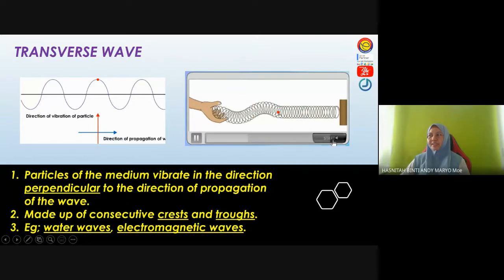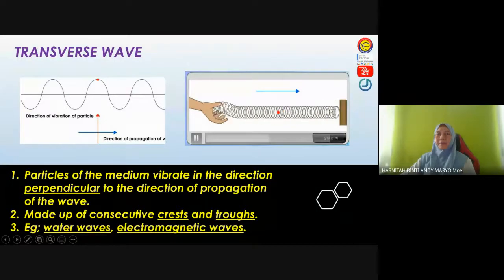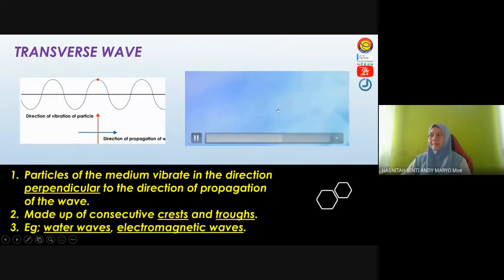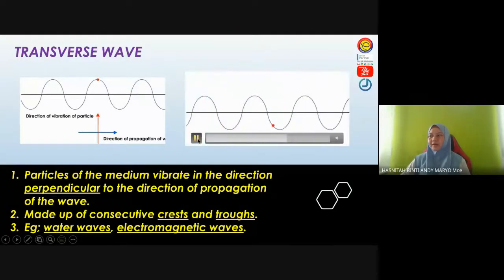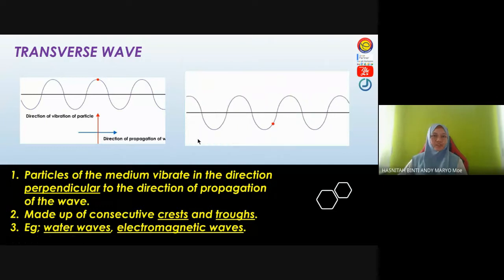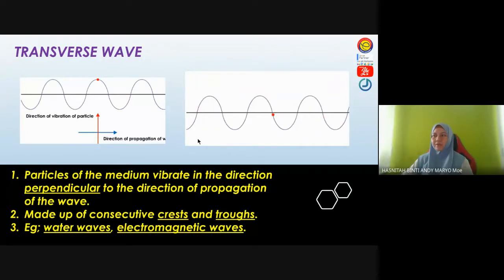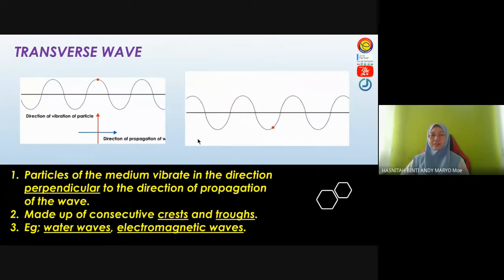So you can see that it moves up and down while the spring propagates from the left to the right. And again, they are perpendicular to one another. Okay, vibration of particle perpendicular to the direction of propagation of the wave. All right. So students, if they ask you to write the definition for transverse wave, the answer is stated in